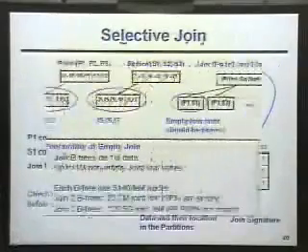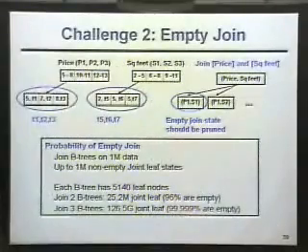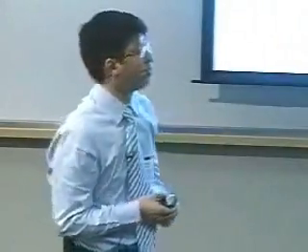Question? Yes. Do you think that if you have very large data sets, you would not end up with empty nodes, but rather with nodes that have very few data points in them, so you would not be able to prune them? You are saying that if the database is larger, then there are fewer empty states? Well, if you have enough data, there will be a bunch of nodes that are not empty but have very little data in them. I'm saying empty means that the join result is empty, not the original data. The original node is not empty.